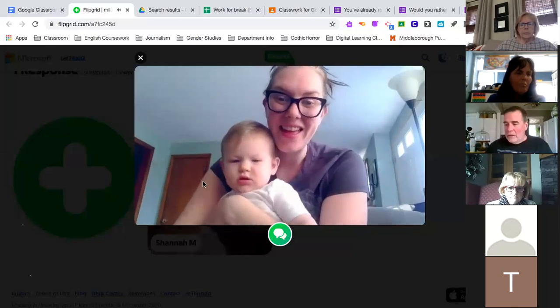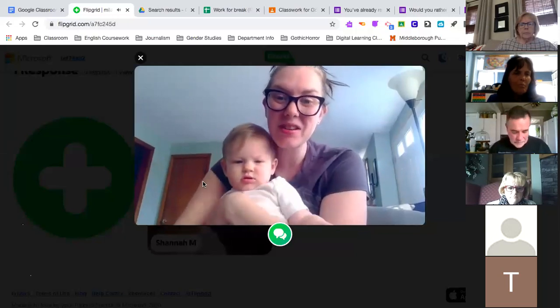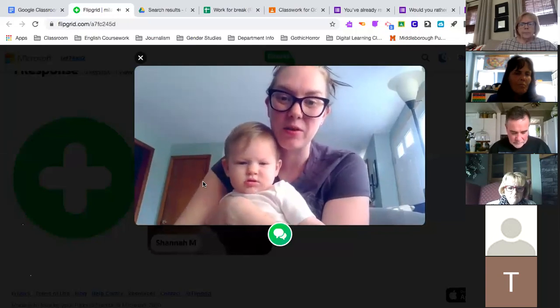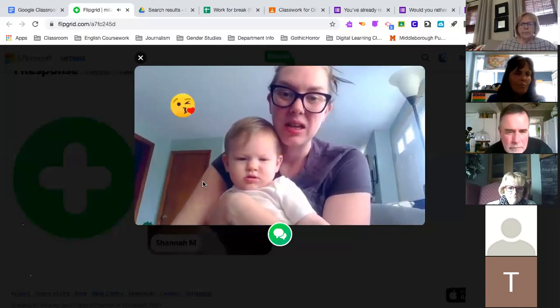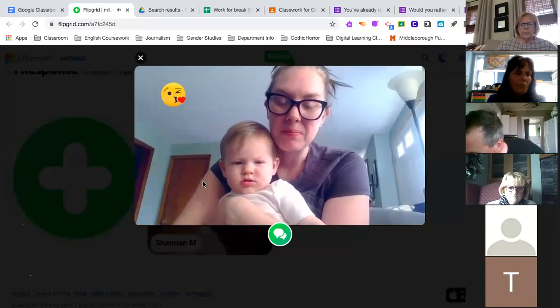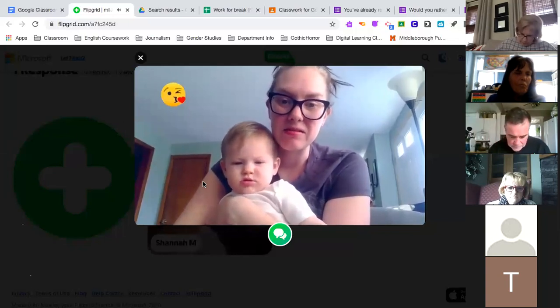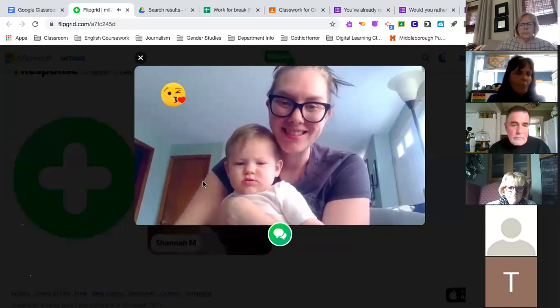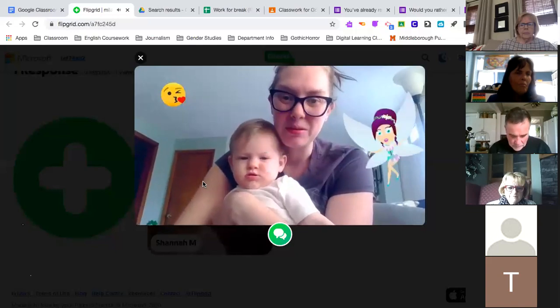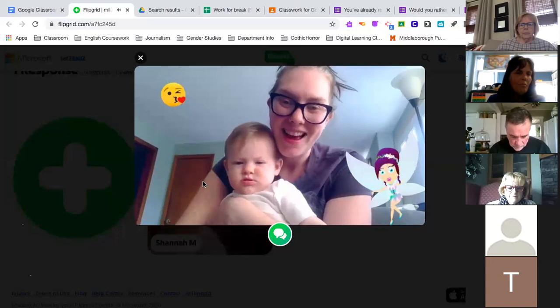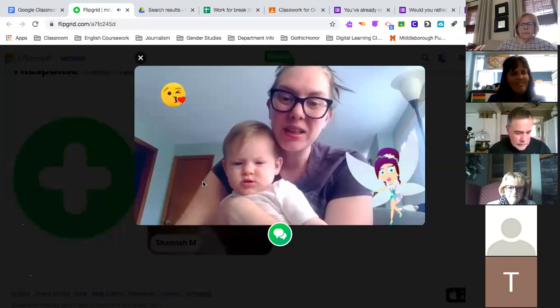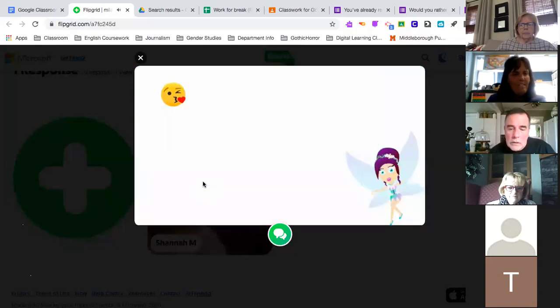And then you can do a few stickers if you want to add fun. This is more what the kids are going to get into. But I think it's nice that there's something playful. Let's do a little fairy. Okay, over here. Okay, and then really what I think I'm going to use this for, it's nice to have